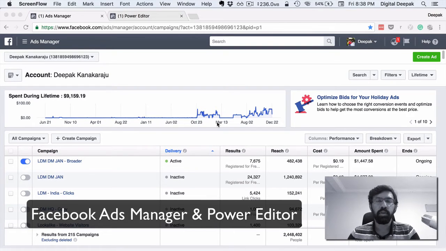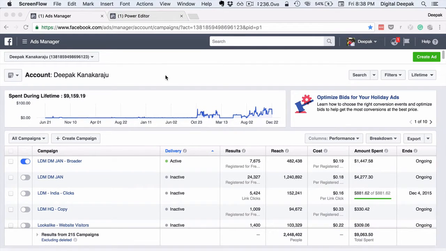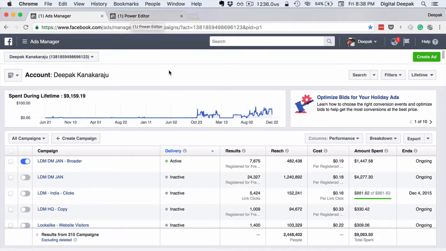In this lesson, we are going to have a tour of the Ads Manager and the Power Editor. So let's get started. I am here in the Ads Manager of my account and I have also opened the Power Editor here. We will just have a look at all the different options and have a tour of what's inside. And eventually, as we go into further lessons, we will go deeper into each and every concept, such as creating ads, analyzing the analytics, creating custom audiences, etc.